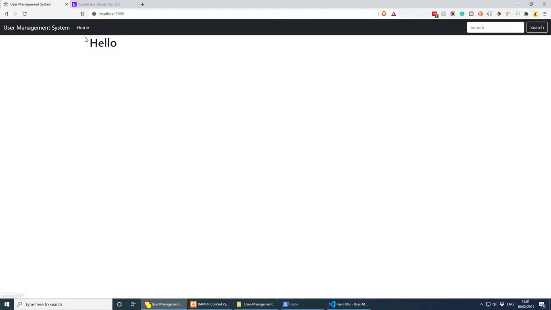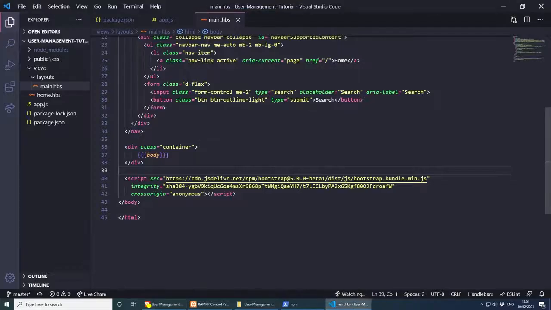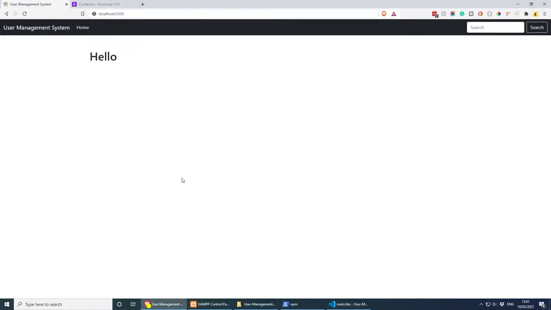But the only thing that I don't like is the spacing. So let's just give it a little bit of padding for now. So maybe padding top 5, padding bottom 5. I'm sure that would look nice. Yeah, that's looking good. Before we start building our database, let's actually build a little bit more on our front